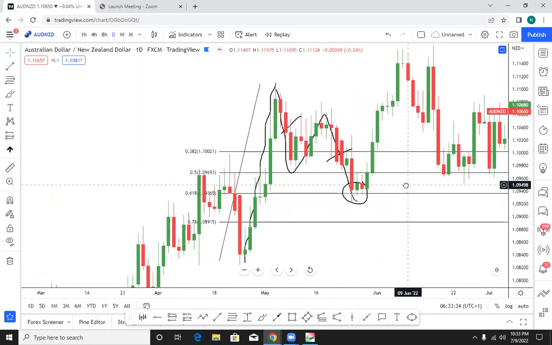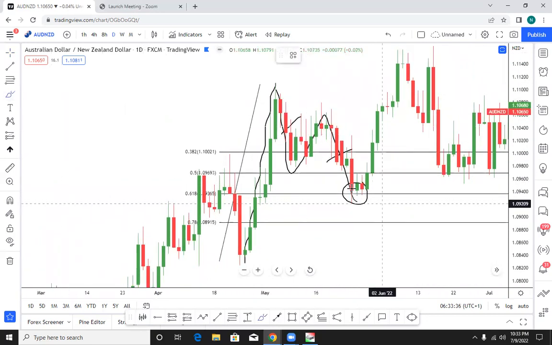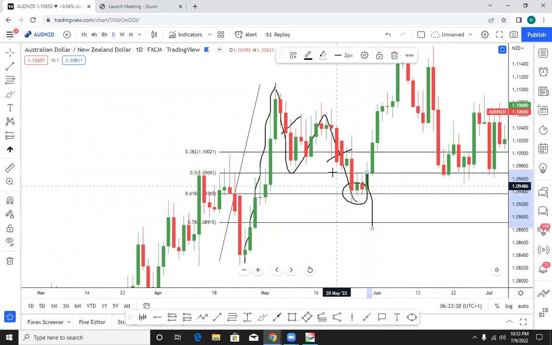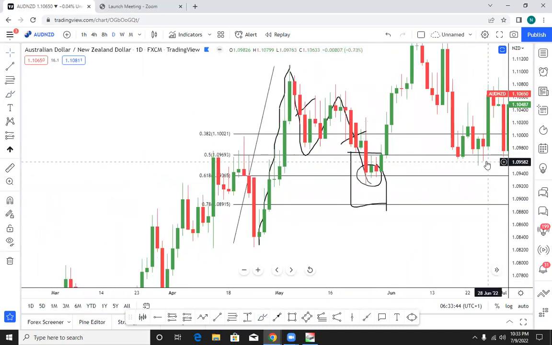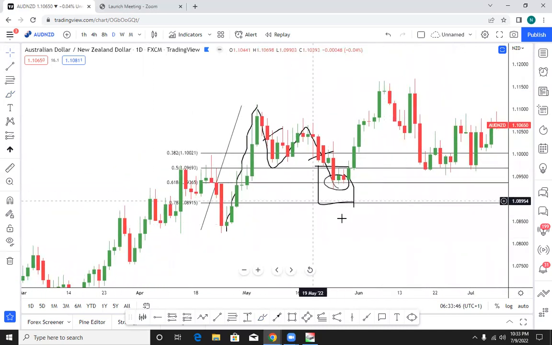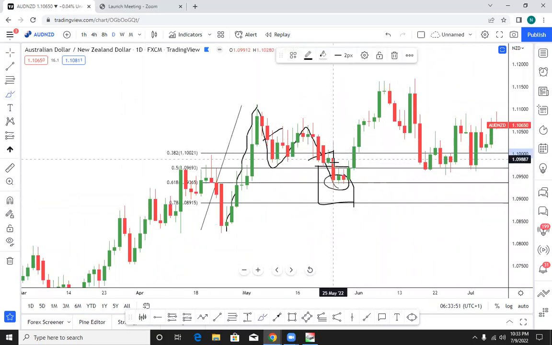So what I do is that between this 50 to 61.8 here, okay, I mark them down. I'm looking for where I'm going to have a bullish engulfing. That is going to be the end of the correction. Do you see that after this big bearish candle, this indecision candle formed, this indecision candle formed, and after that, what do you have?